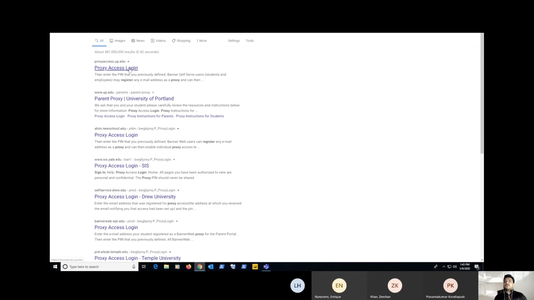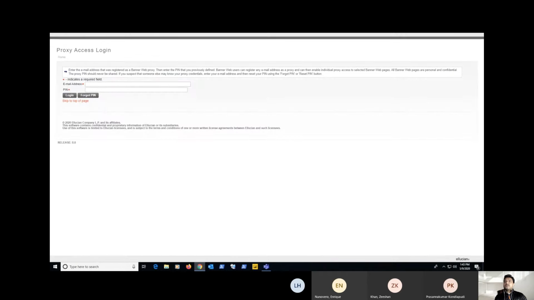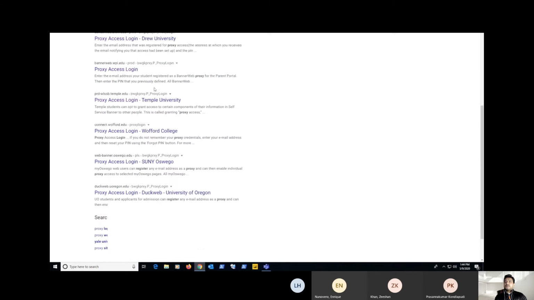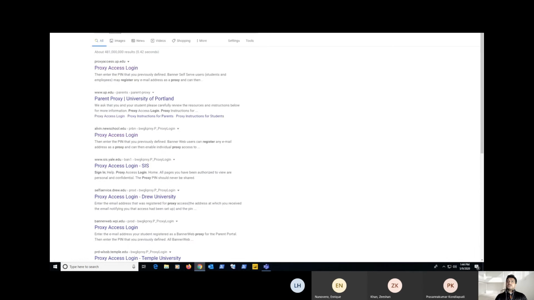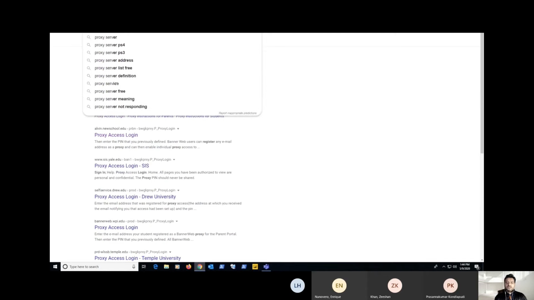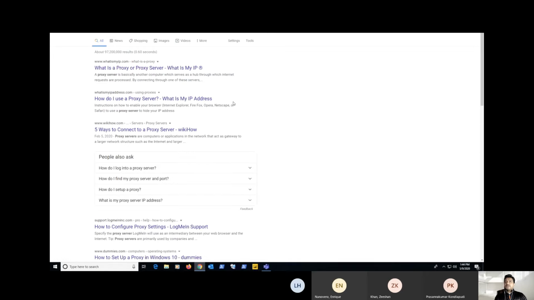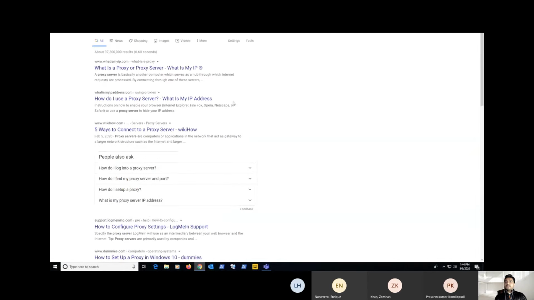Proxy access login. If we can do it, I don't know. I'm just searching if we can do it. Proxy server sign in. Let's see if there's a way I can proxy sign in.